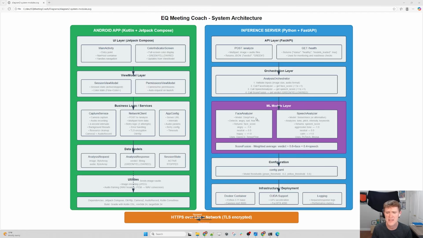It's using a face analyzer and a speech analyzer for the models. Deep Face is the name of the face analyzer, and Sense Voice is the speech. They're both open sourced. They have all their weights available, and so you can download the models, download the weights, and then there's a config file which I can use to say which one I think has more impact on the vote as to whether or not the screen should be green, orange, or red. So the idea is then you can tweak it a little bit here and there to make it meet the way you talk and the way you operate.